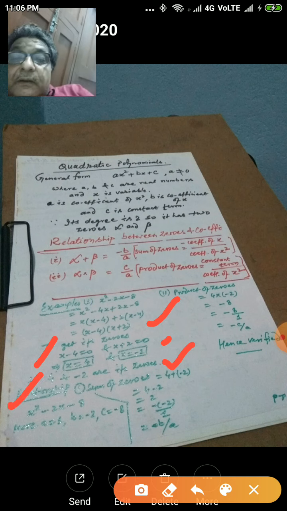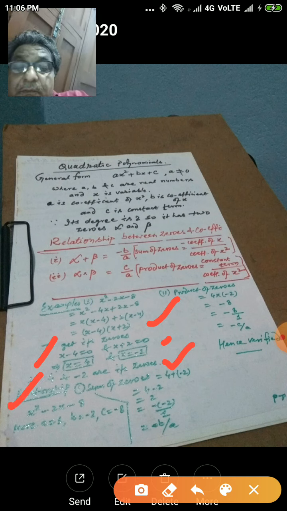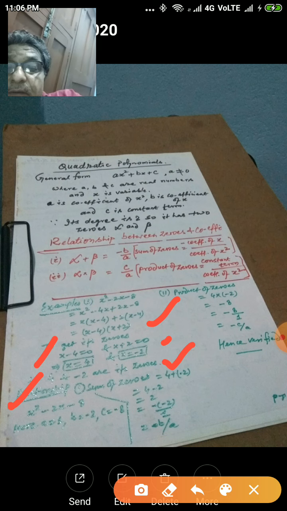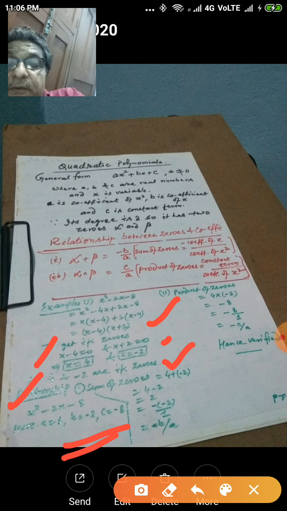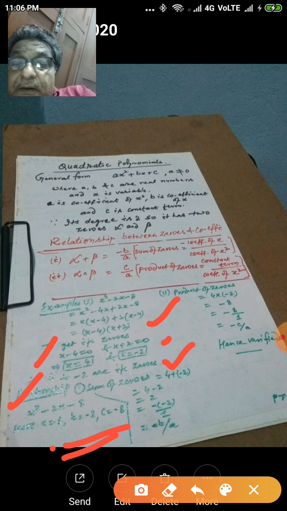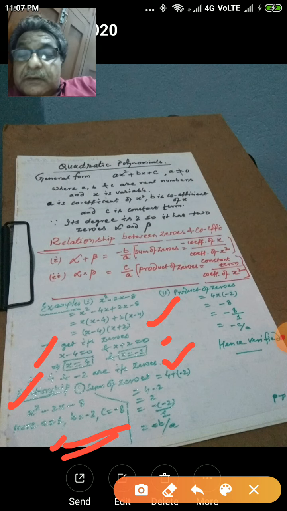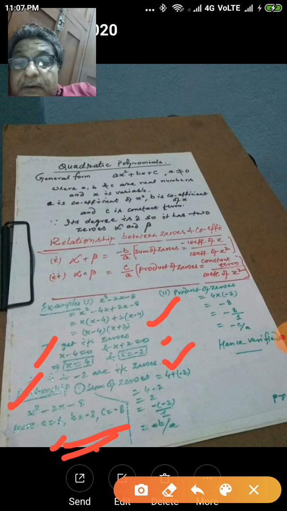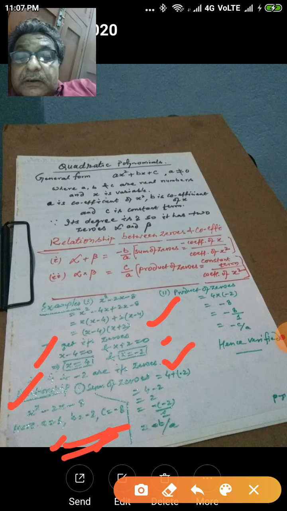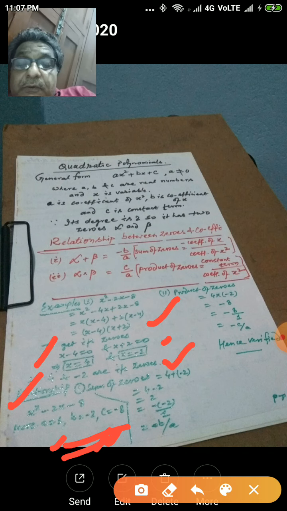verification of relationships. For this, what we should do, we should write again the given polynomial as I have written here, x square minus 2x minus 8, which indicates that here a is 1, that is, on the place of a there is no number, it means there is 1. B is already given as minus 2, as you are viewing the middle term is minus 2x, which is on the place of bx, so clearly b is minus 2. And in place of c there is minus 8, so c is minus 8. So we must write these things.